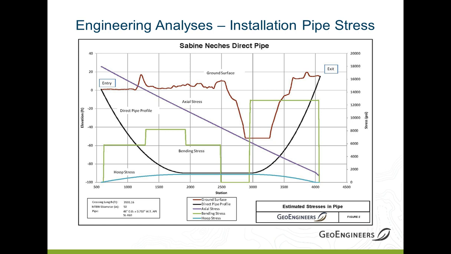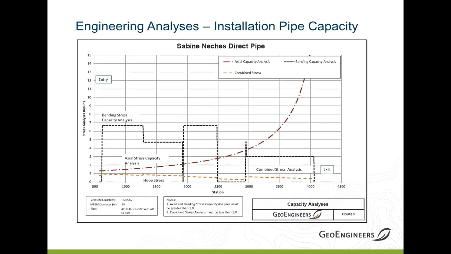And this one is fairly complex. If you recall, we had horizontal curves, vertical curves, and combined curves, and that's why the bending stress sort of looks choppy. There's a lot of different curves in there. So we've got our loads converted to stress,